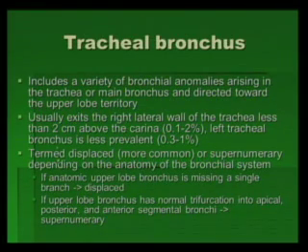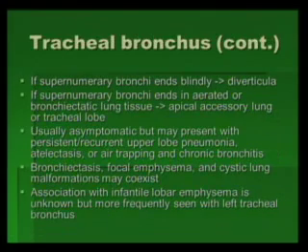So if the anatomic upper lobe bronchus is missing from the main bronchus, and you have a single branch that's coming from the trachea, that's called a displaced bronchus. If the upper lobe bronchus has normal trifurcation of the apical, posterior, and anterior segment, and you still have another bronchus going to it from the trachea, that's called a supernumerary bronchus. If the supernumerary bronchus ends blindly, it's called a diverticula. If the supernumerary bronchus ends in aerated or bronchiectatic lung tissue, it's called an apical accessory lung or a tracheal